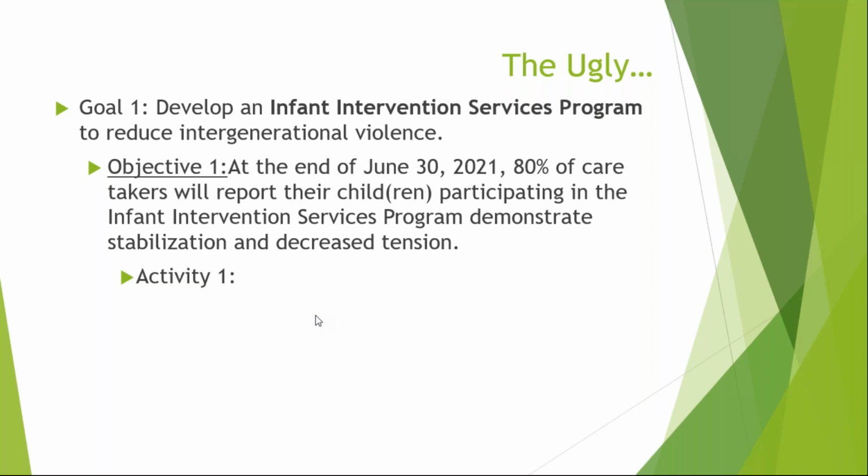Now, remember what I said earlier. Measuring outcome objectives, which are quantitative, which means it's information, they're very difficult to measure. It's difficult in our field to even get the right tool, and if we do have the right tool, it's difficult sometimes to get the participant, which is the victim, to give us that information. Now, so let's go back to this agency. They really want to do something about reducing intergenerational violence.